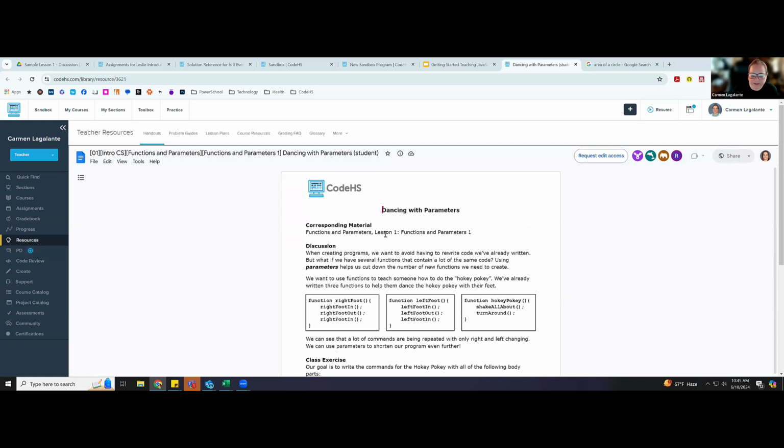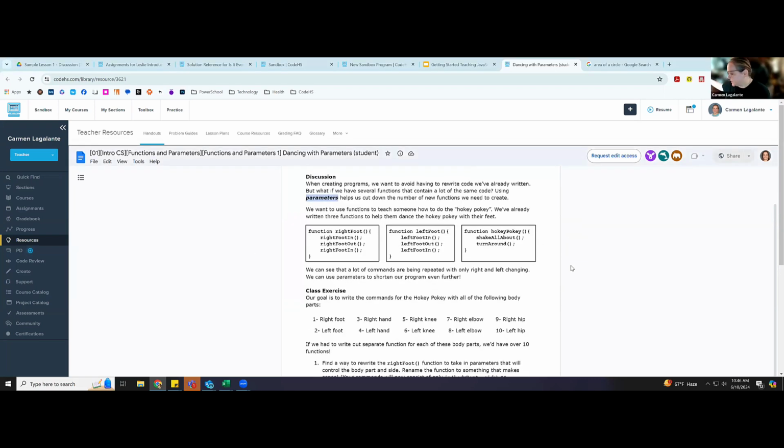So functions and parameters, lesson 1. When creating programs, we want to avoid having to rewrite code we've already written, okay, that's functions. But if we have several functions that contain a lot of the same code, here's where parameters help us cut down the number of new functions. We could do this just in a